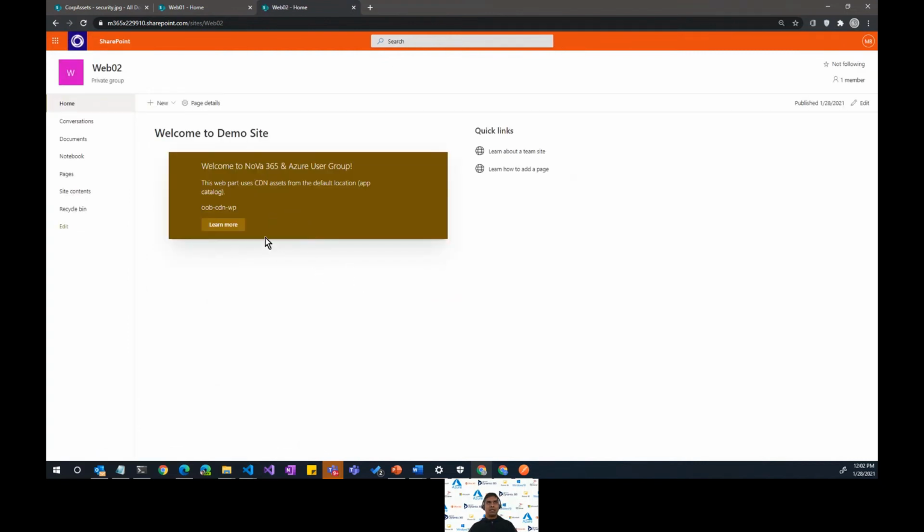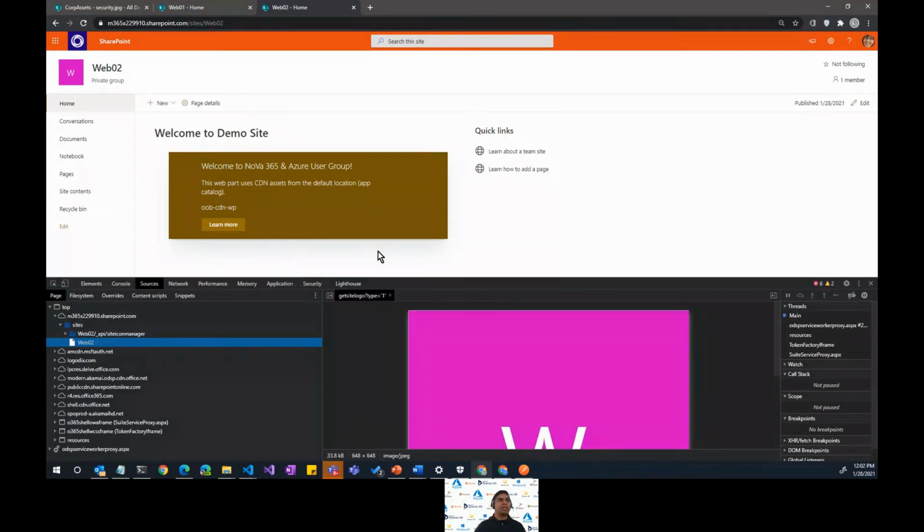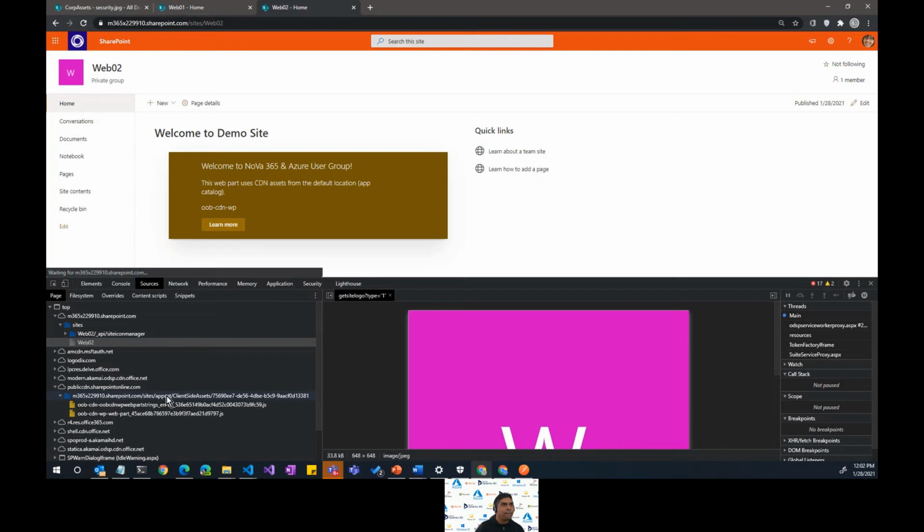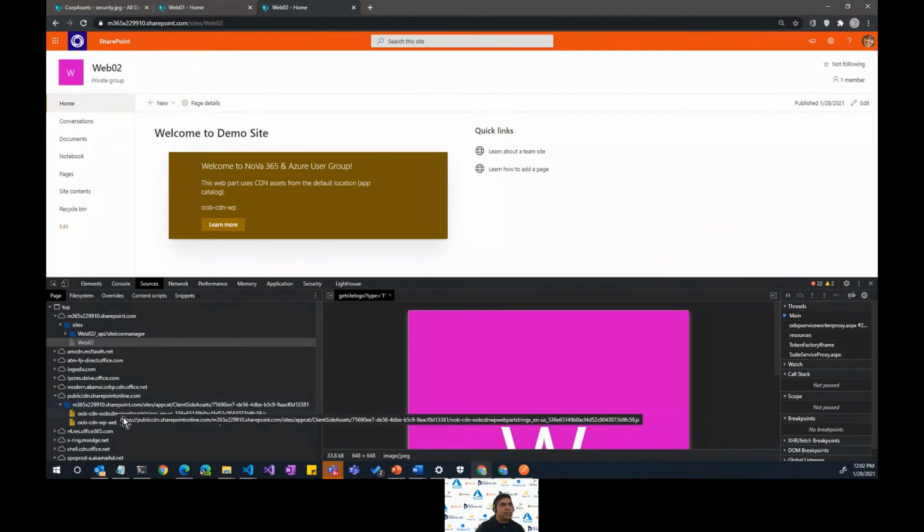So we can see the web part, and to make sure the assets are being served from the app catalog, we can open the F12 developer toolbar and look here. As you can see, the JavaScript files are being served from the app catalog, client-side assets, and from that particular folder with the GUID.